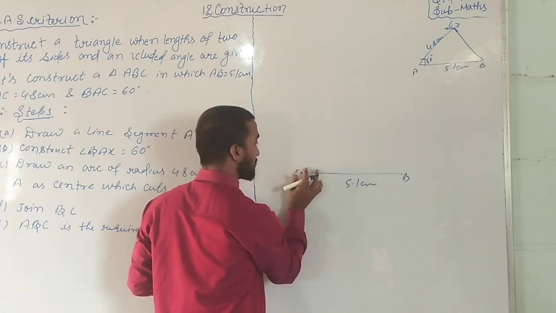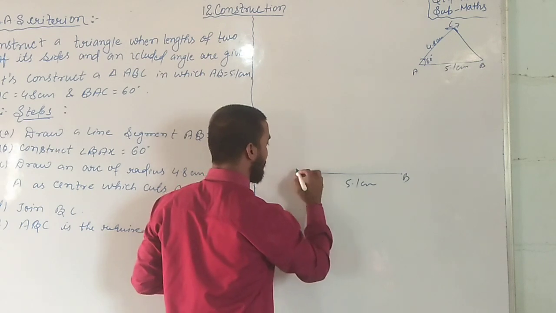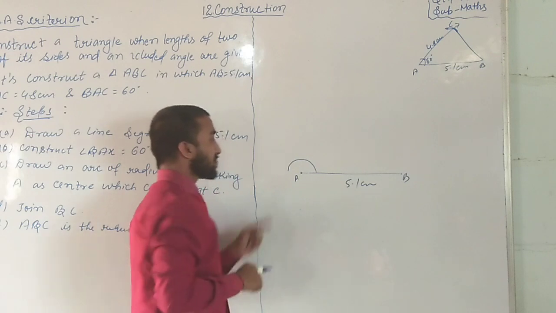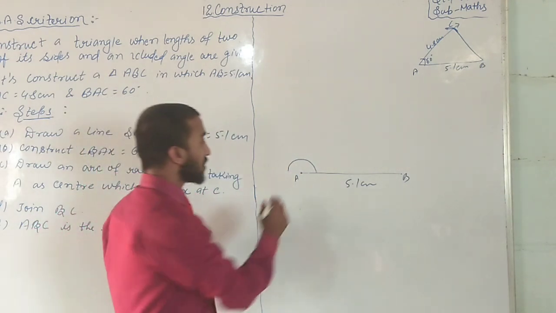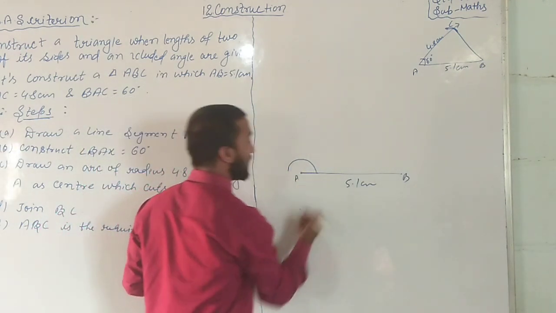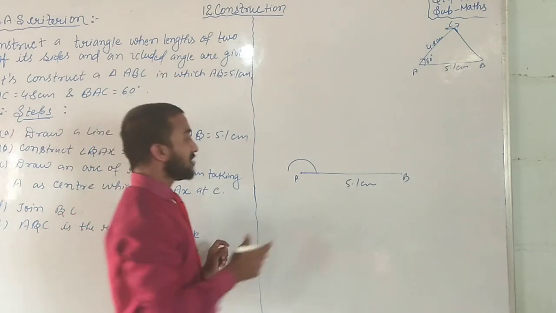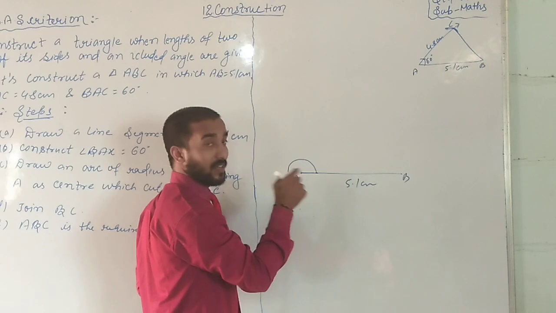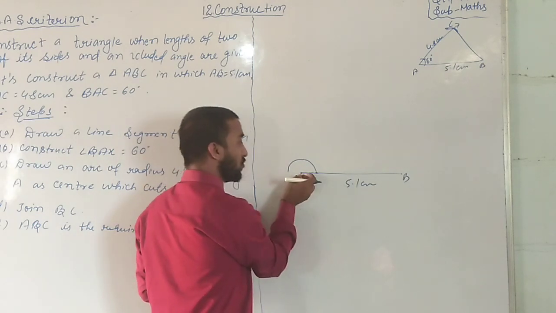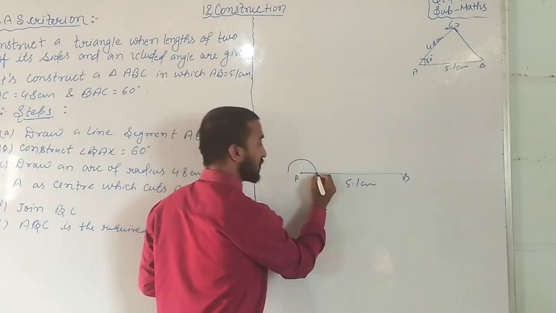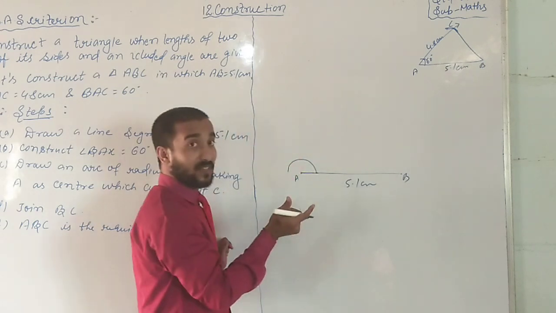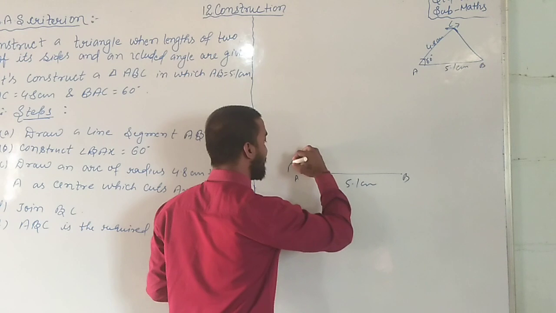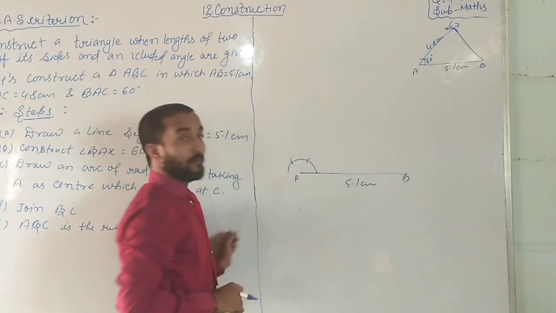What half circle? Not like this. A half circle like this. Okay, students. As you draw the half circle on this line, what will happen? Now you have to consider this point as the center. So remove your compass pointer from here and keep it here, and now divide it. It means make 2 arcs.